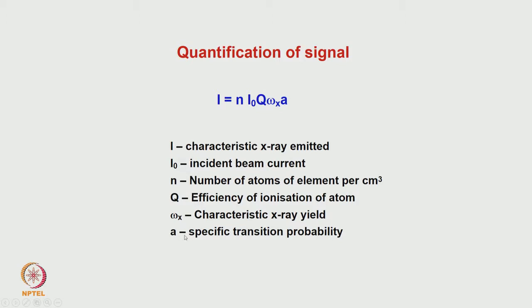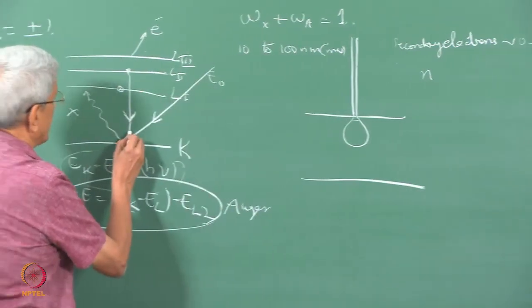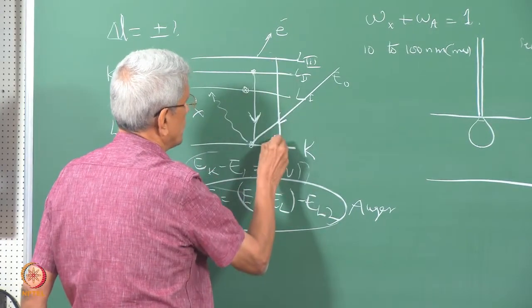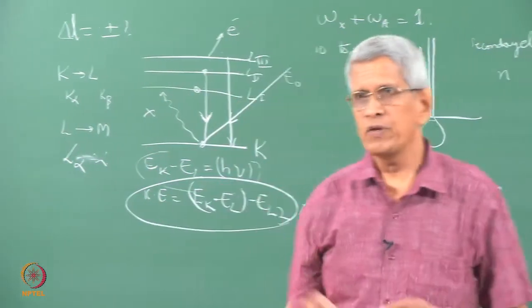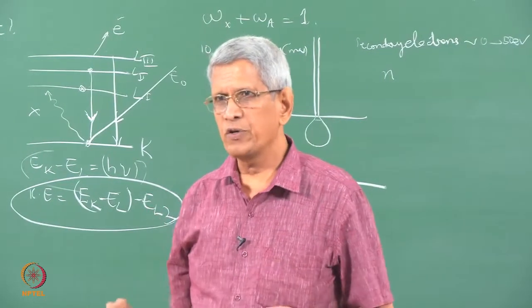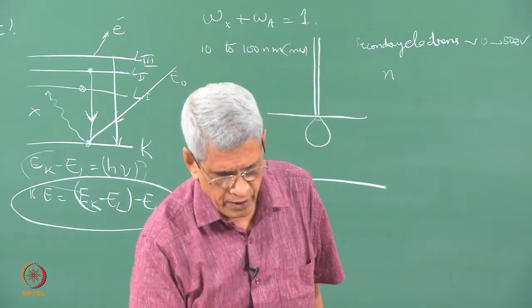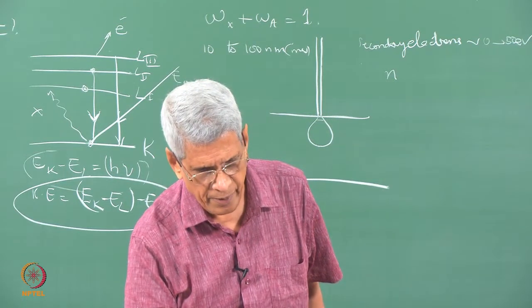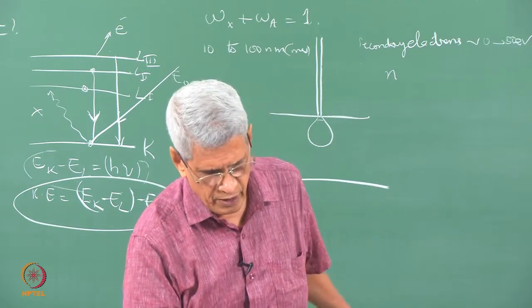And then another factor which has to be taken is A, called the specific transition probability, because we know that an electron can come down to a ground state either from level L2 or L3, both levels it can come from. Each has a different specific probability. That is why we know that between alpha 1 and alpha 2, one is 10% of the other. So that factor also should be taken into account when we try to quantify and find out what is going to be the intensity of the photons which are coming out of that area. Okay.